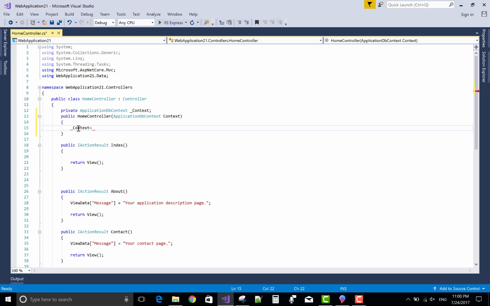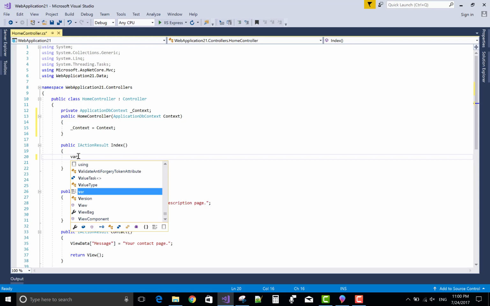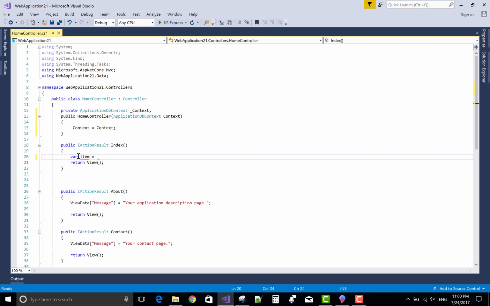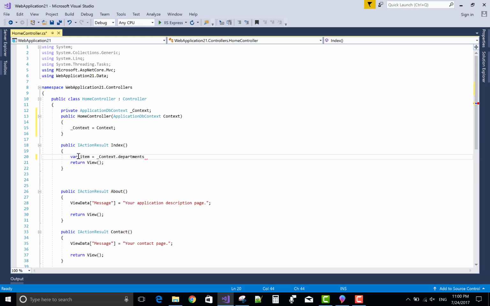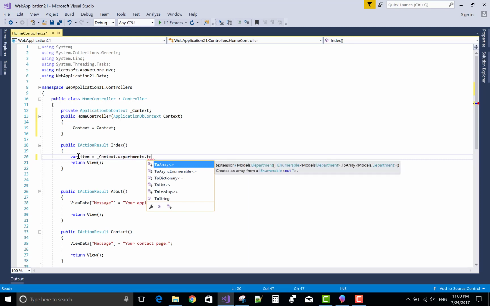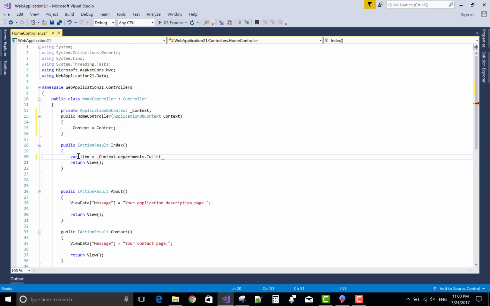If both the names are the same, use these keywords, but here we have different names, so use both names as well. In the index method, I want to show all the departments which exist in the department table, so use _context.departments.ToList. It's simple.